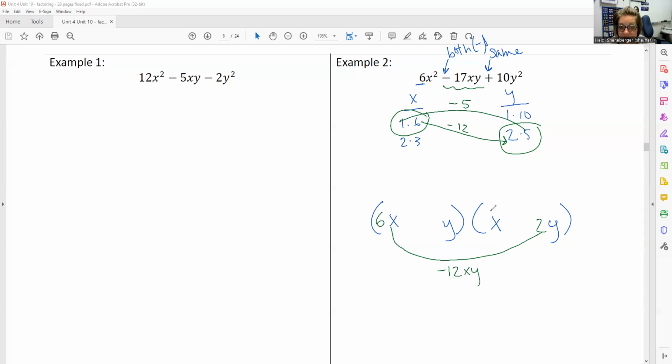And then in here, I've got 1x, so I can write that in, or I can leave it implied like she was talking about. And then I have 5y. And so if I multiply these, I need them to be negative 5xy, which is going to get me that 17. Okay? And then now I got to remember that they're both negative. So now let's just double check all of this, because that's the only way that I can do.